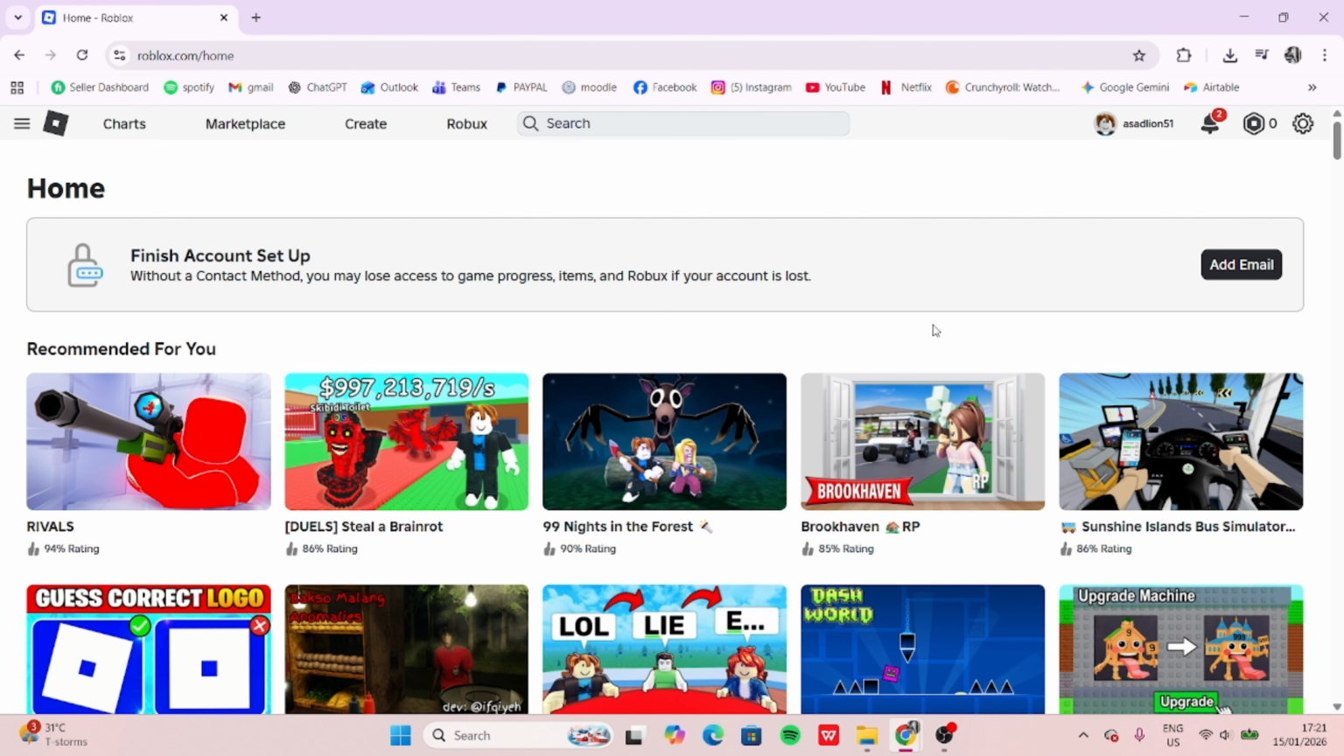Hello everyone, in today's video I'm going to show you how to unlink your PS5 account from Roblox. So first you need to open your browser, then you log into your account. After you do that, on the top right corner you will see this gear icon, you click on that, then